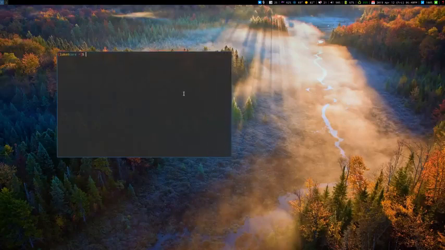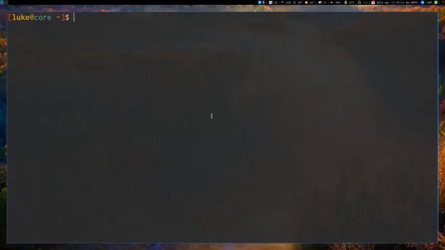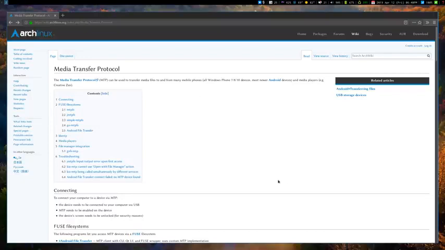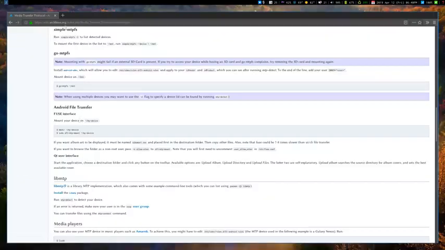So in this video we're going to talk about how to mount an Android device in Linux. And there are actually lots of ways to do this, but I'm not going to confuse you, and I'm just going to show you one way. Because, I mean, if you wanted to know all the ways, you could go on the Arch Wiki and read all the different ways. I'm going to show you the program I use, and that's simple